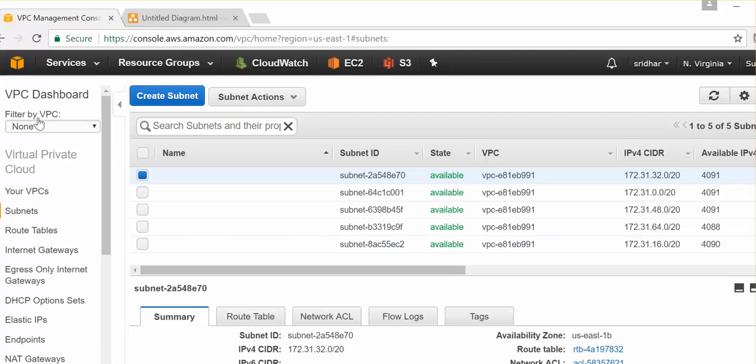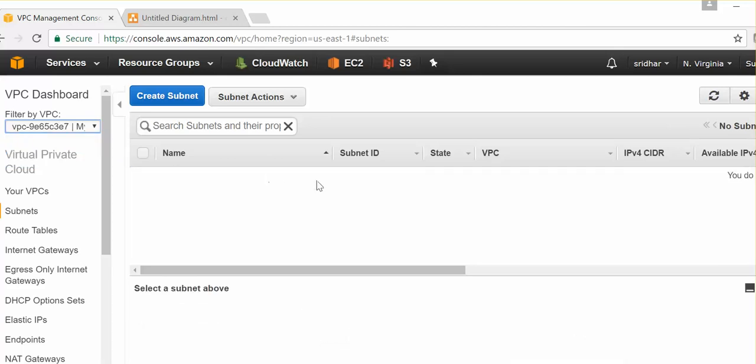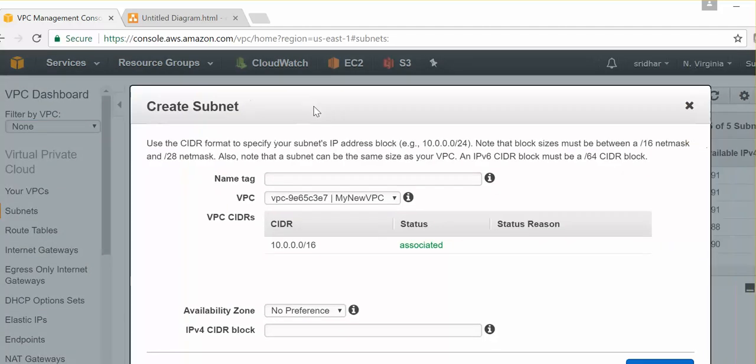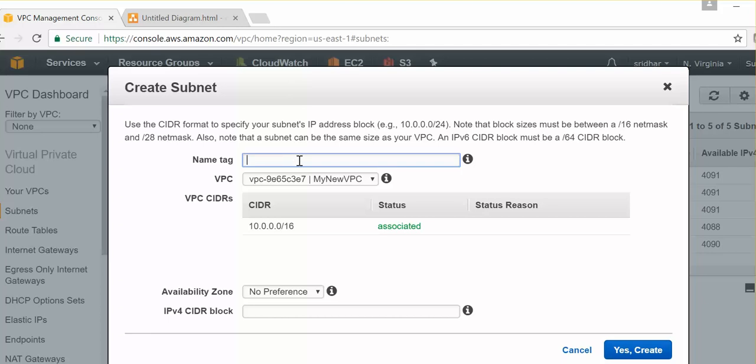Now I'm going to filter by VPC. If I select the default VPC, all the subnets are under the default VPC, and if I filter by the newly created VPC, we don't have any subnets. I'm going to remove this filter and create a new subnet. To create a new subnet, we just click the Create subnet button, and here we can specify the subnet name tag, subnet 1, and